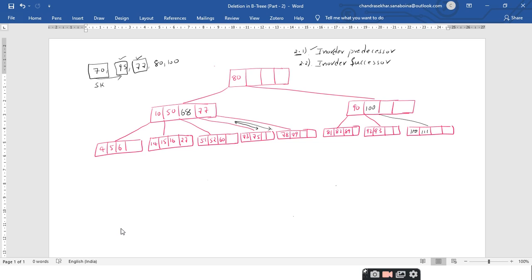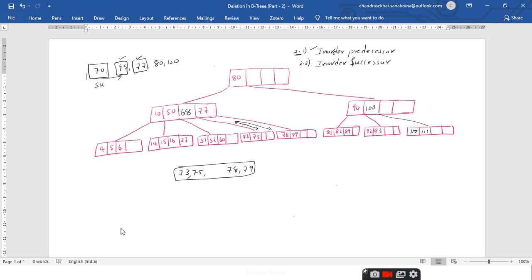Merge operation is nothing but you bring this 70, you place this left hand side elements 73, 75, and you bring this parent element down in the downward direction, and you place the elements 78 and 79 which are the right elements to 77 like this, and now you have to remove this 77. So total how many elements are there now? 4, sir. So I have to make these 4 elements as a single node, right?